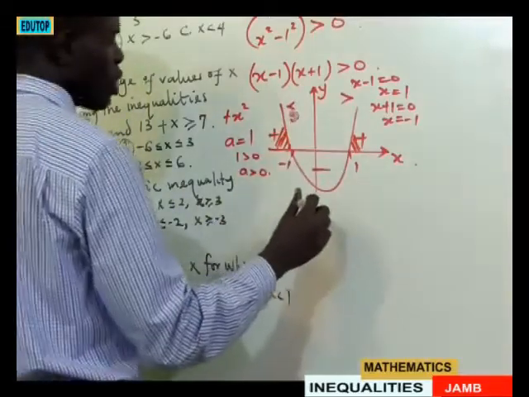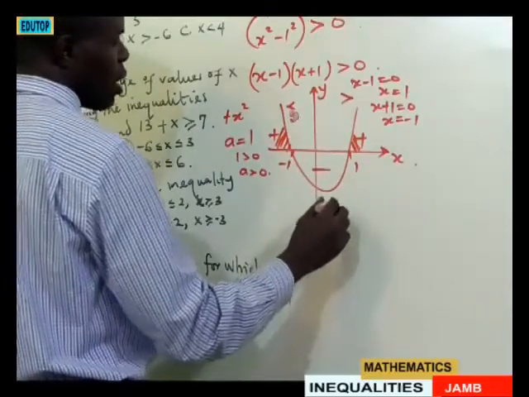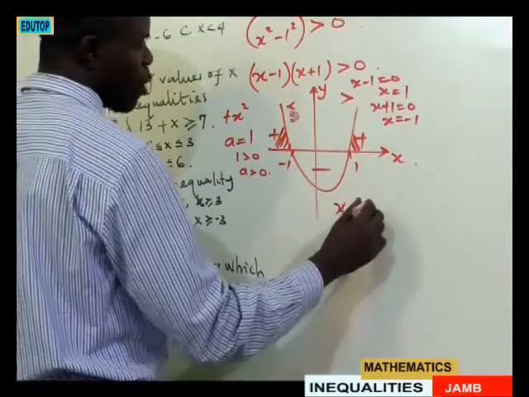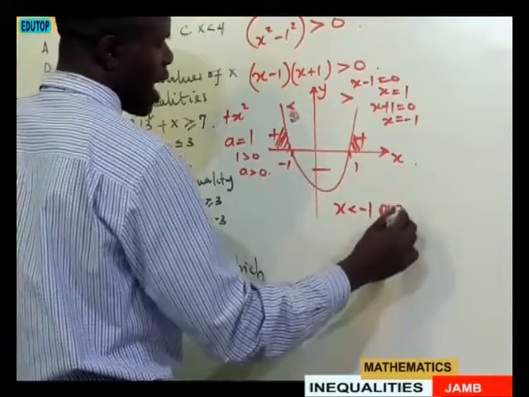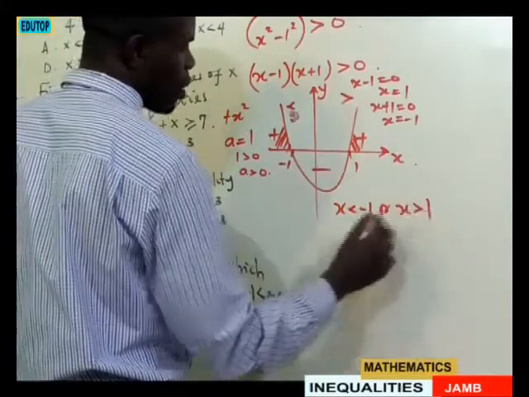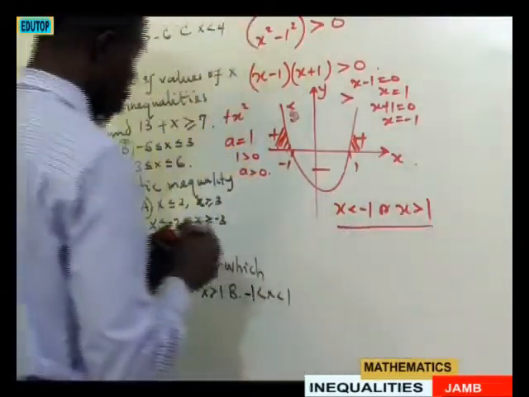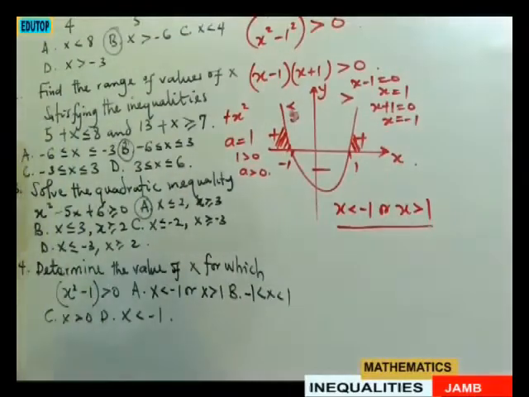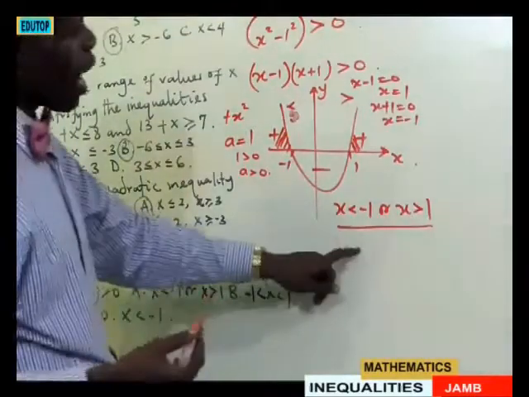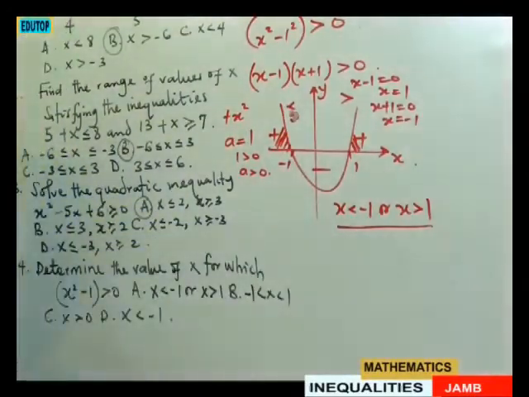Greater than. So in that situation, I would now have x less than minus 1 or x greater than 1. So this will be the solution, the values of x that will satisfy the inequality. So let's go to